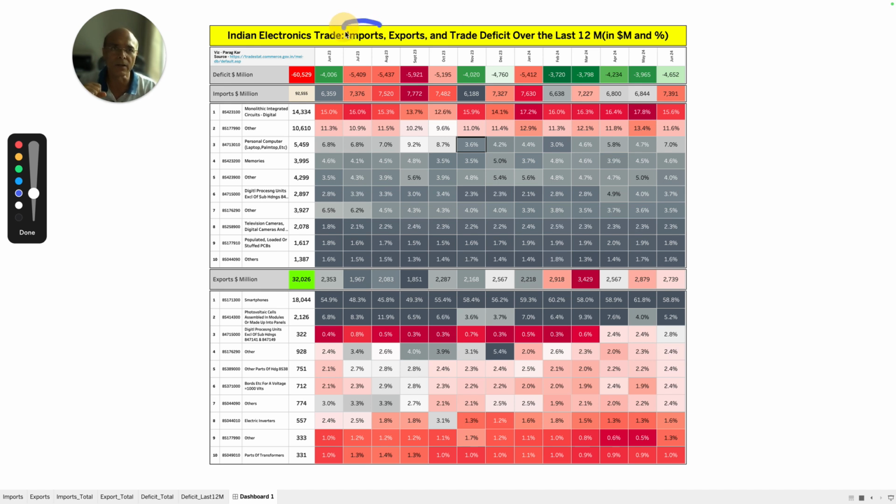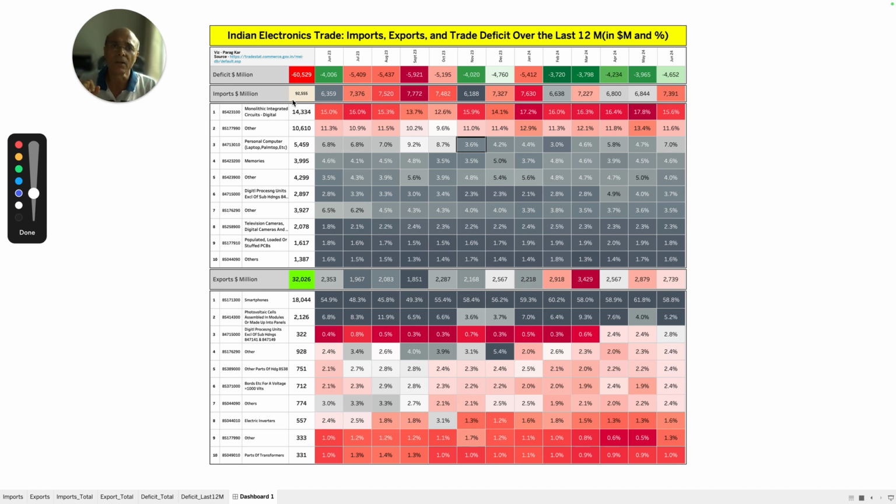So this chart has got all three: imports, exports as well as trade deficit. The trade deficit is in the top row. If you look at this number, this $60 billion is the trade deficit for these 12 months. All the columns of 12 months are displayed here, so you'll find the individual trade deficit of electronics for individual months. You'll see that consistently our trade deficit is within the realm of $4 to $5 billion on a monthly basis on electronics, which adds up to around $60.5 billion